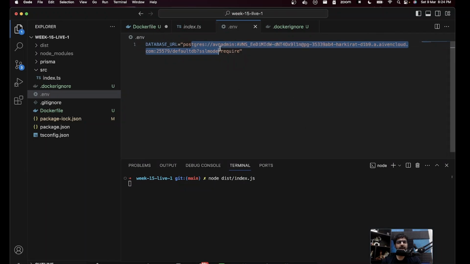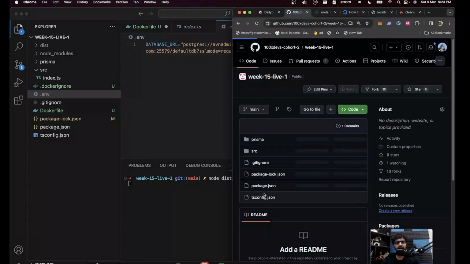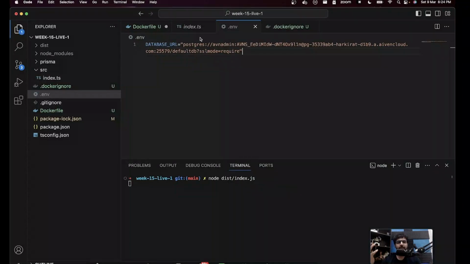This specific URL is something you should never share with anyone, right? You guys can see it right now, so you guys can clear my data, use my database, use my resources, and I'll pay for them. So you should never commit this, which is why if you look at the GitHub for this specific week, you don't see a top level .env anywhere. I have not committed this specific secret.